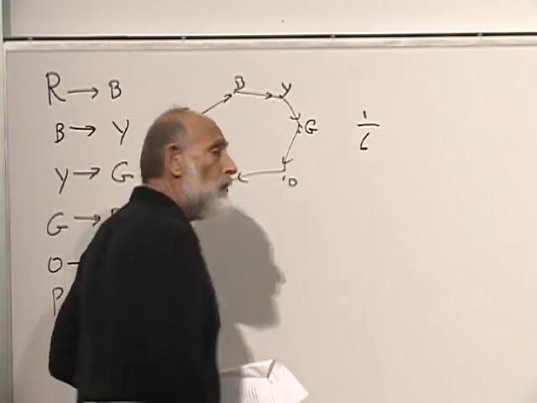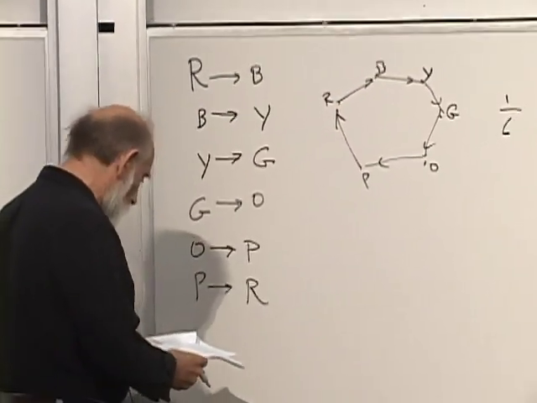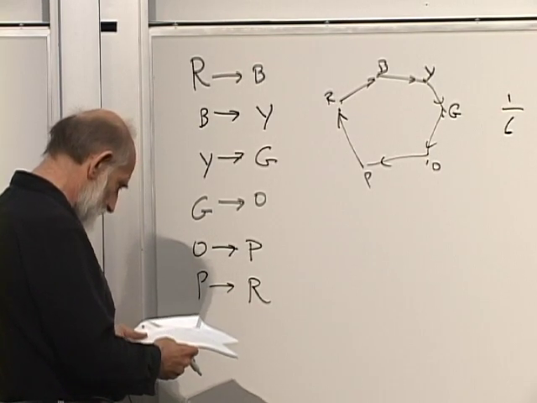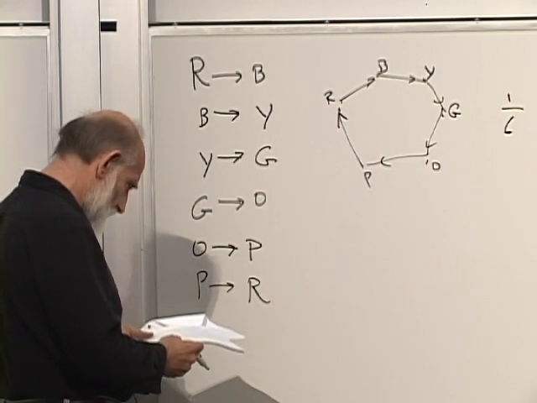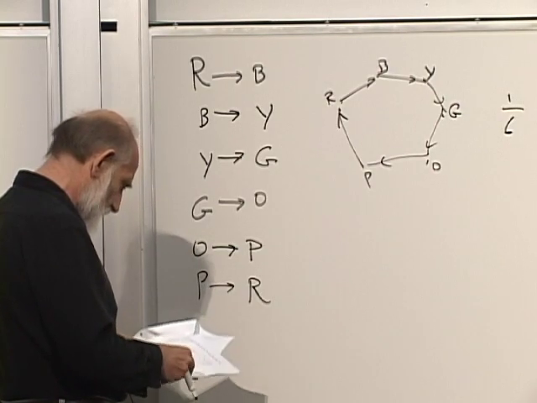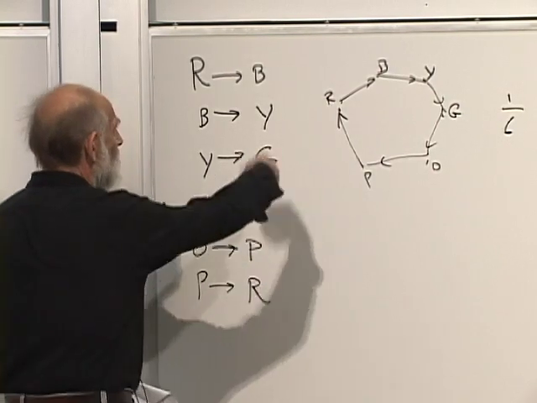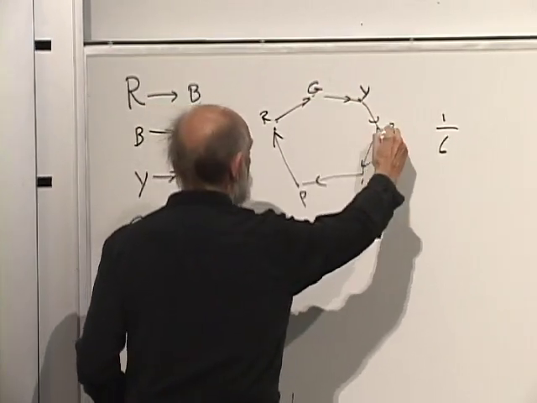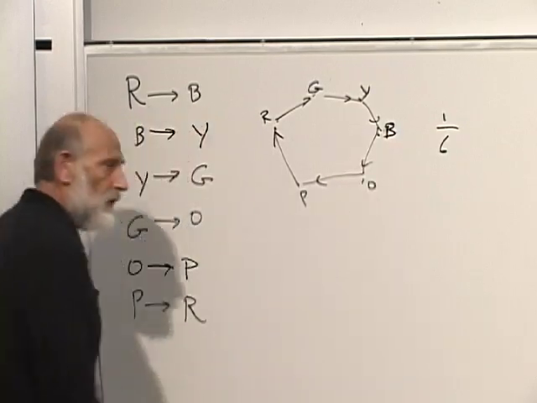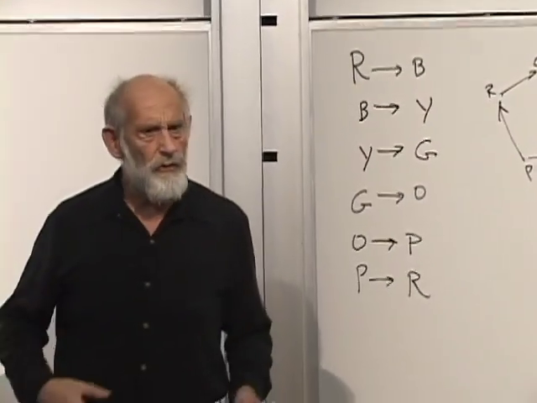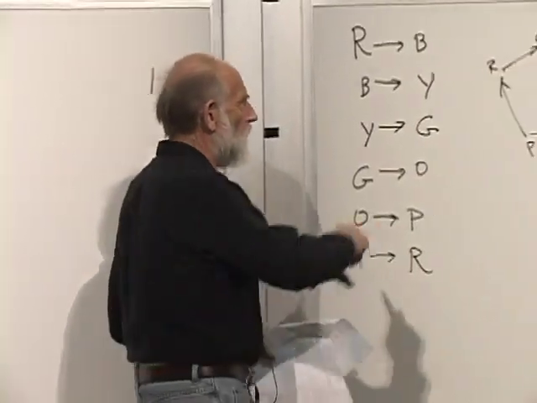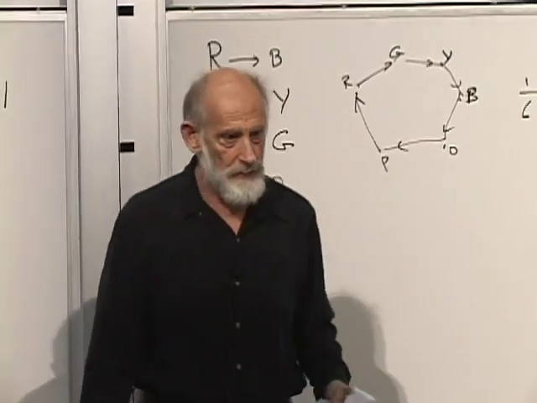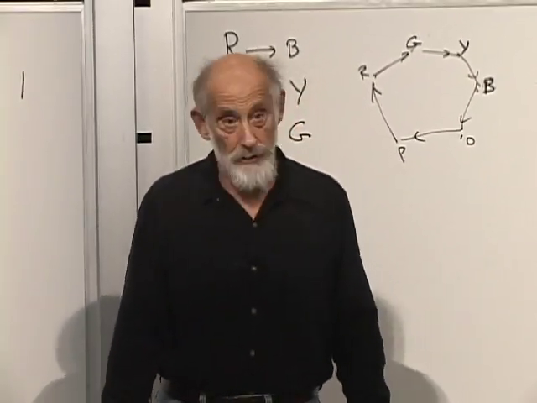Now, this is fairly robust. We could replace this law by other laws. I think I have 2 others written down. Well, we could just replace blue by green and green by blue, and maybe change some other ones. It wouldn't make any difference. So there are many possible laws like this, all of which would lead to the same 1/6. So it's fairly robust in a sense.